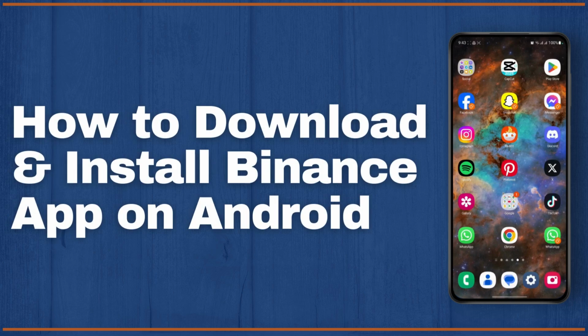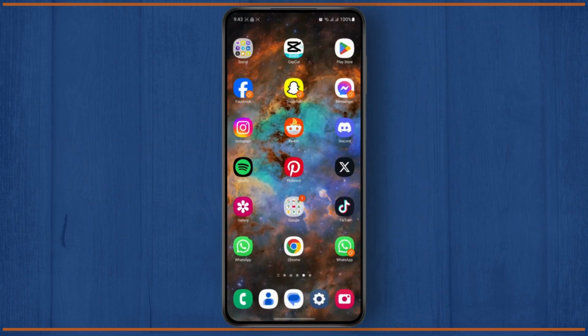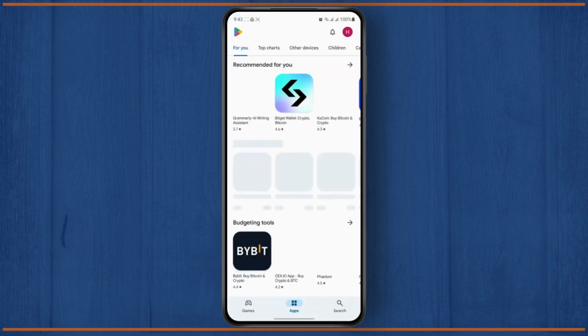How to download Binance on Android. What's up everyone, in today's tutorial I'm going to be showing you guys how you can easily download Binance on